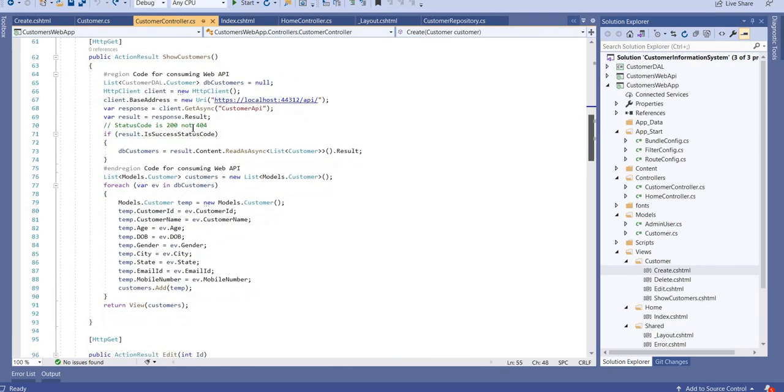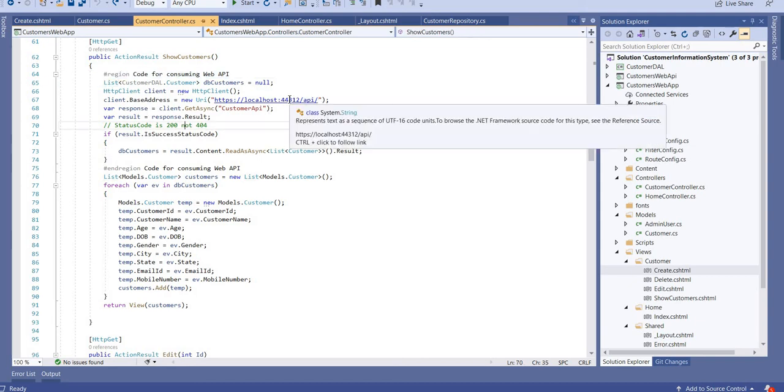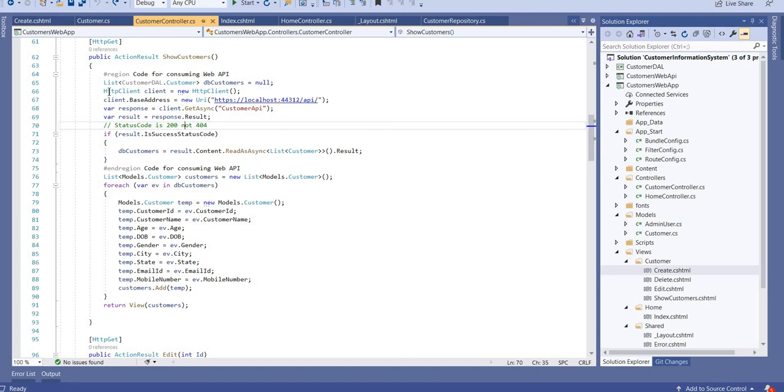See, show customer, because I said you are calling the web API. If you remember, this is the IP of my web API. So this is the way of calling the web API. The important thing to remember here is HttpClient. This is a very important class which is used to call the web API.